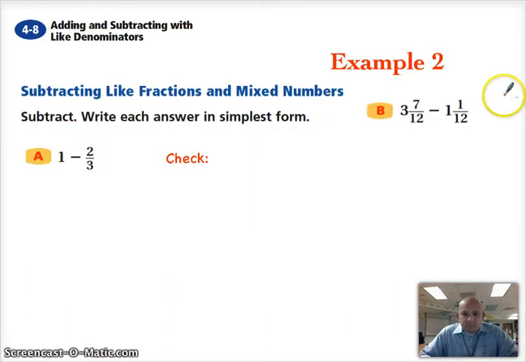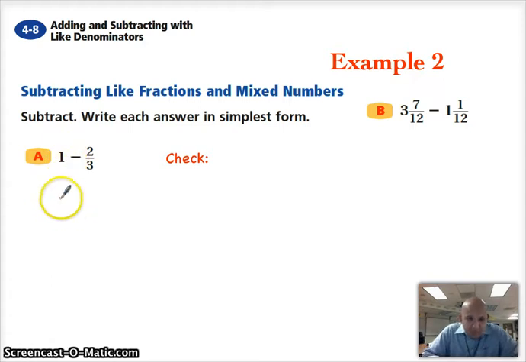Example 2, here we're going to subtract like fractions and mixed numbers. Let's start with A. It's 1 subtract 2/3. Now in order to do this, we're going to have to convert the whole number 1 into a fraction. How do we do that? Well, we have to convert 1 into something that has 3 as a denominator. It just so happens that 3/3 is the same thing as 1, so we're going to put down 3/3,